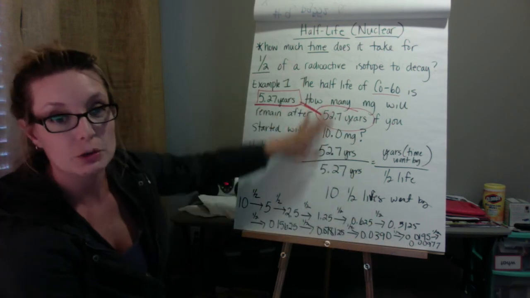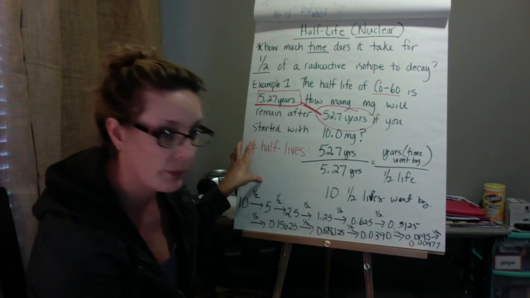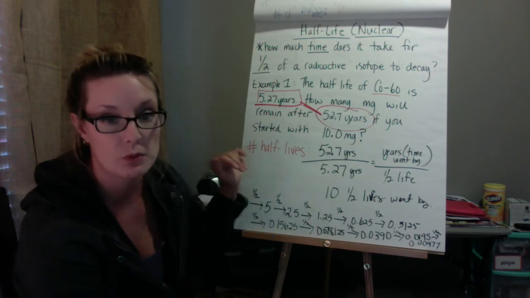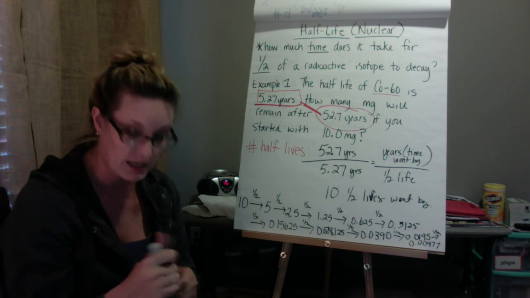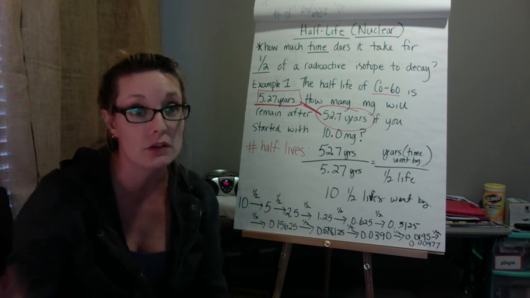So it's just kind of like a little puzzle, but you have to figure out by the information it gives you how many half-lives went by and then how much you'll have left over at the end. Okay, and we'll work another example, or I'll send another video with a couple of different examples.